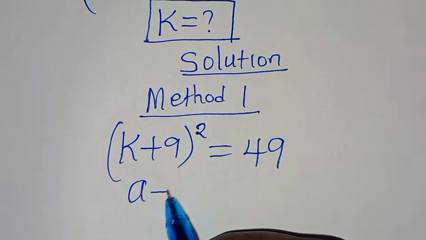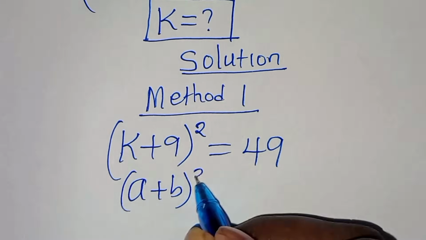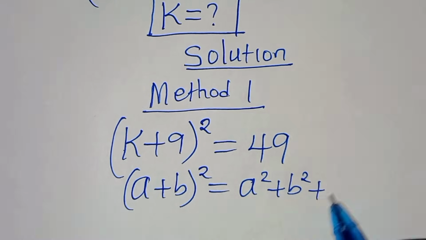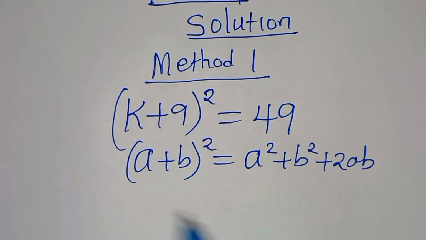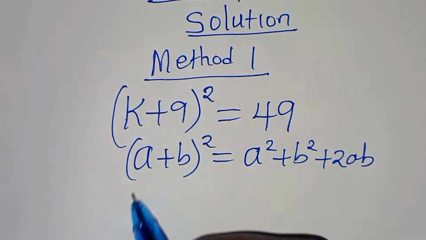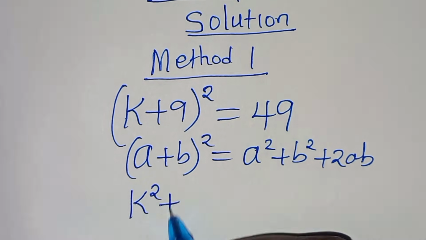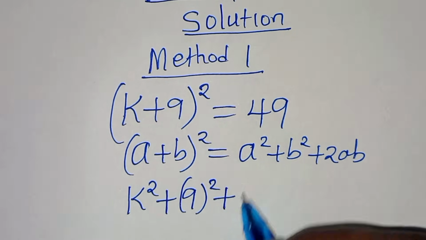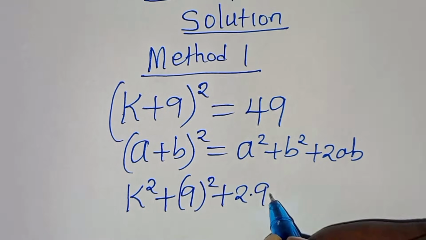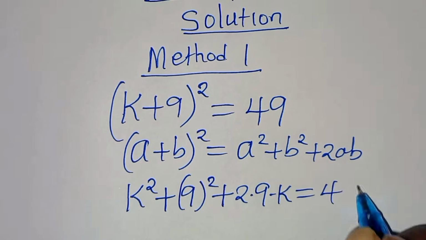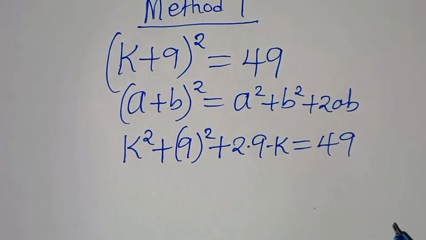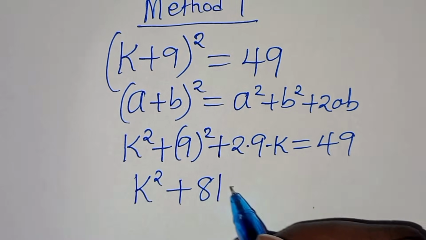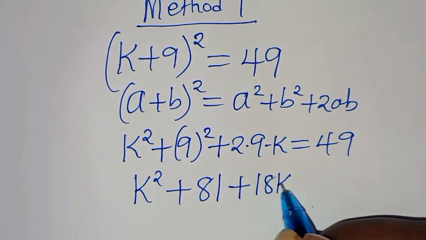is in the form of (a + b)^2, which we can express as a squared plus b squared plus 2ab. Applying this algebraic identity, then we have k squared plus 9 squared, then plus 2 times 9 times k, equal to 49. So we have k squared plus 9 squared, which is 81, then plus 18k